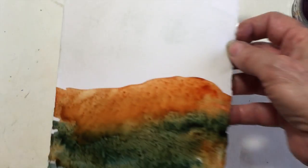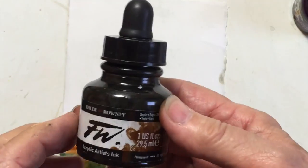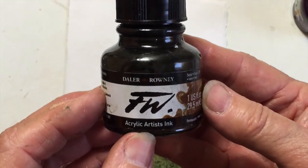that painting that I showed you earlier was a painting I did many years ago, and it's sold already, so I was just showing you a print of it. Now I'm going to take my Daler Rowney Artist Acrylic ink, and this is the color Sepia. Give it a good shake and